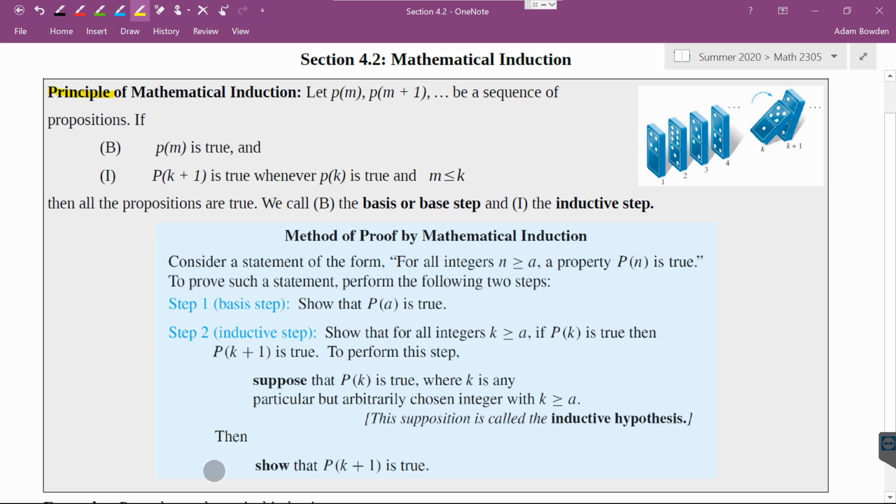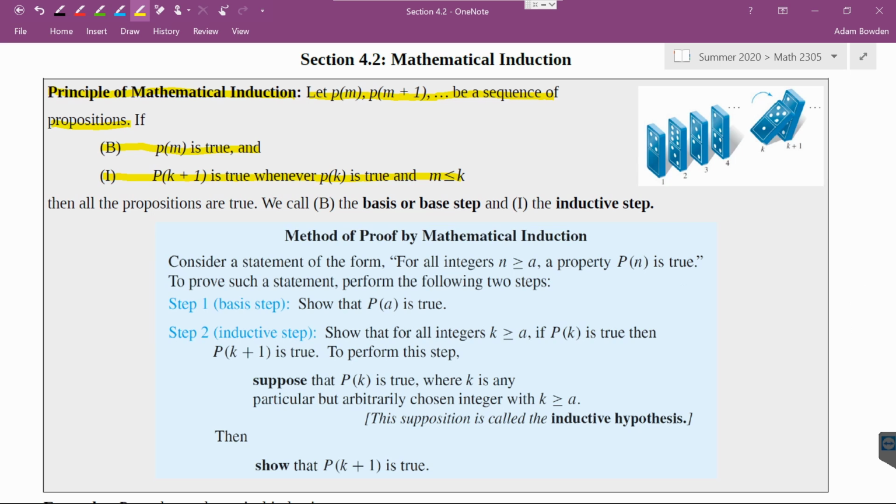It says principle of mathematical induction. It says let P of m, P of m plus 1, and so forth be a sequence of propositions. So we go about proving a sequence of propositions by mathematical induction by starting out verifying that P of m is true, and then assuming that P of k is true, and showing that it is then true for P